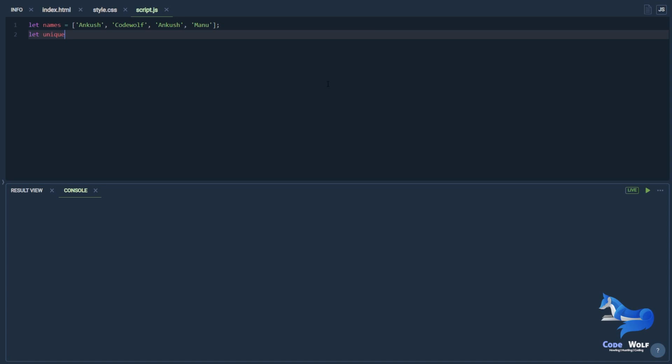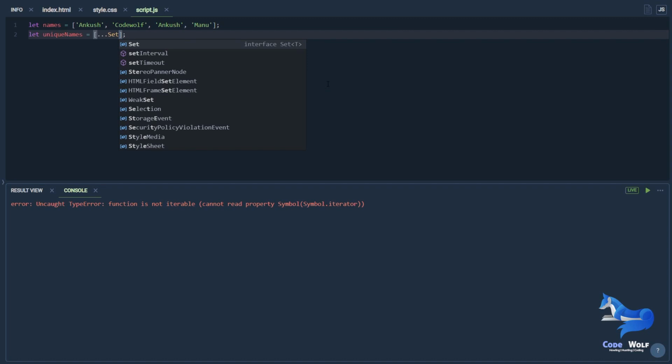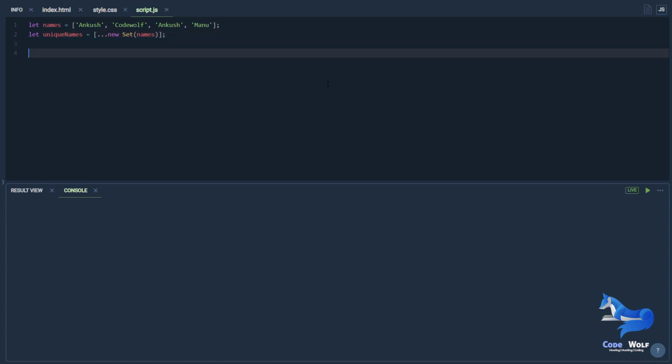So let us name it as unique names. And now, since it will be an array itself, we'll again create an array and we'll use the spread operator. As I said, we'll again start by using the set function and simply pass in the array that is present to us called names. So what happens is that I think I have missed the new keyword. Okay, now it's fine. So we needed to use the new keyword over here, and now we are ready to print our unique names